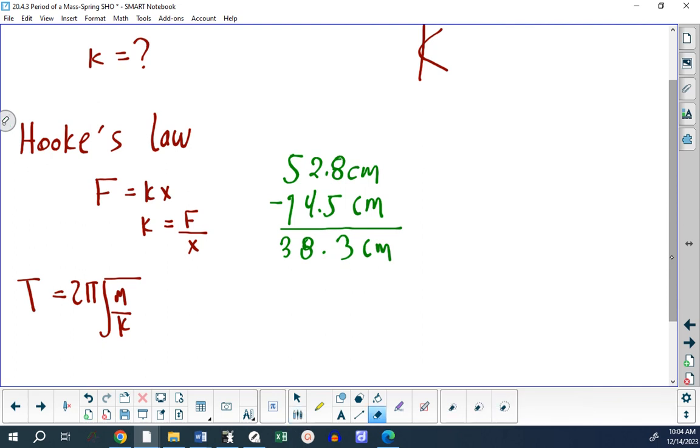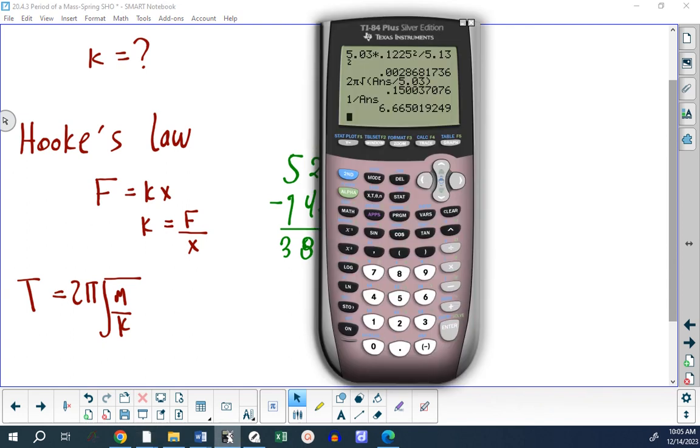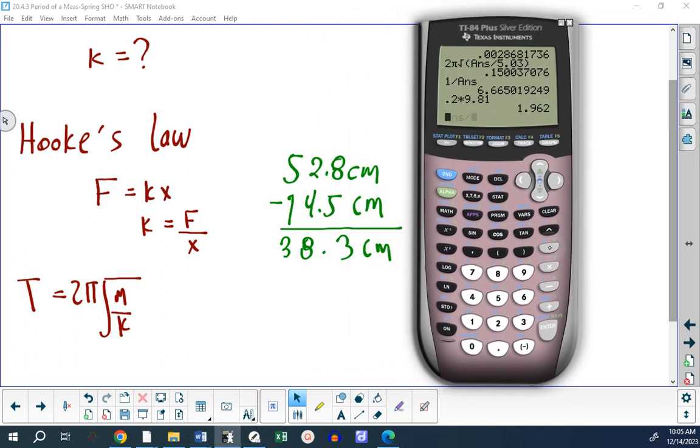So for one data point for this spring, if we take 0.2 times 9.81 and divide by 0.383 meters, the value of k I'm getting for this spring using Hooke's law is about 5.1